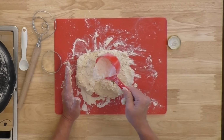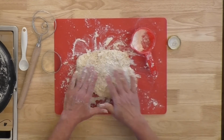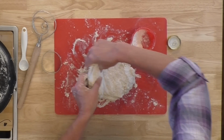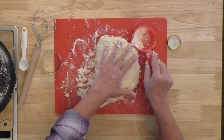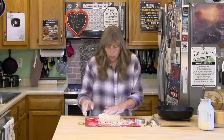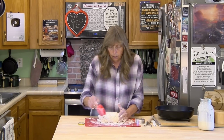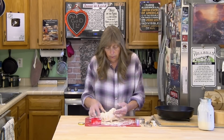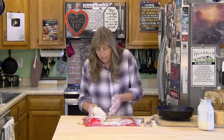So I'm going to fold it one more time here. Dust it pretty good. There we go. That's getting better. Oh, and this is such a light dough. These are going to be delicious. Get some flour out here. Every time I fold this